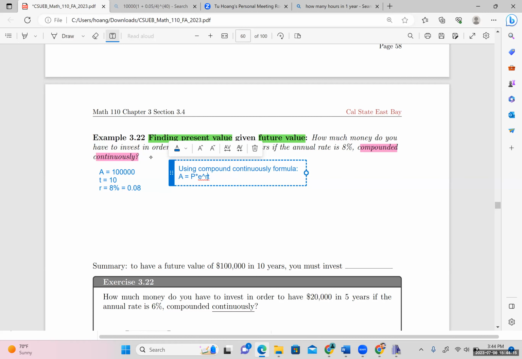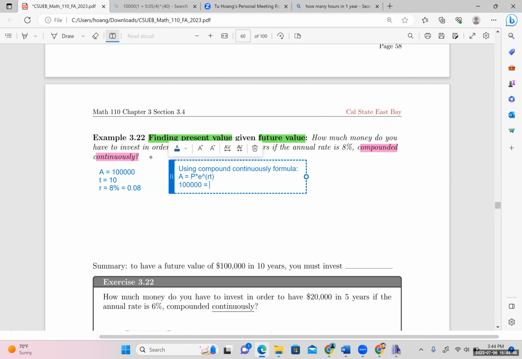I have to put this in parentheses because I don't want to mess it up. The power will be R times T. You can either find RT first, or you can put them in parentheses. Let's substitute everything. We have 100,000